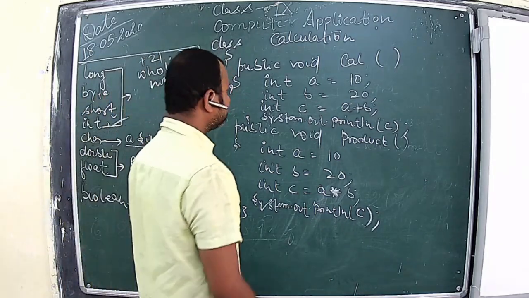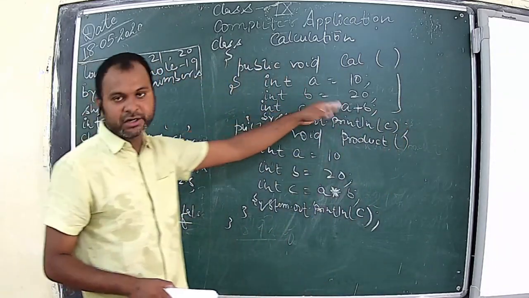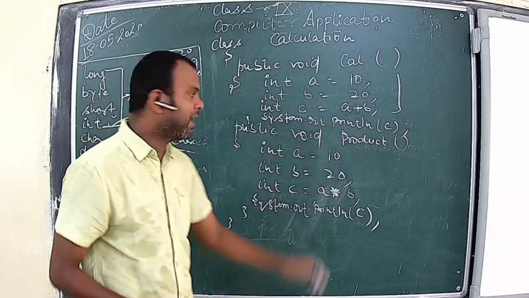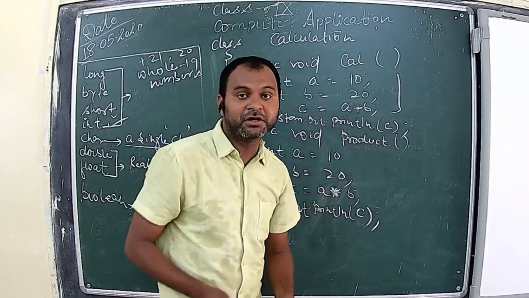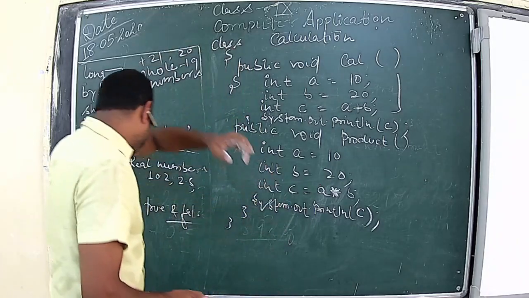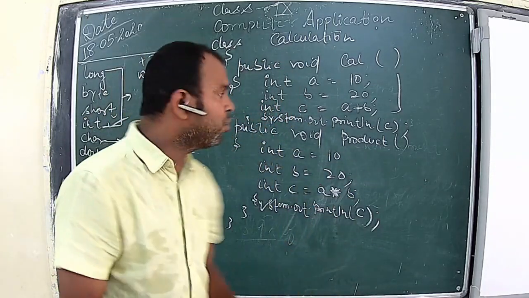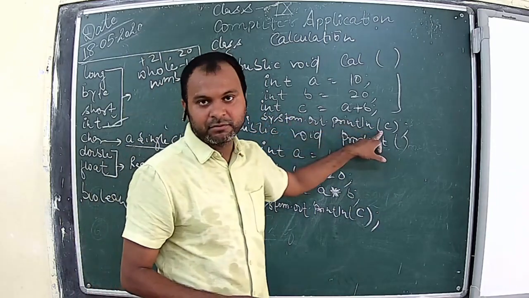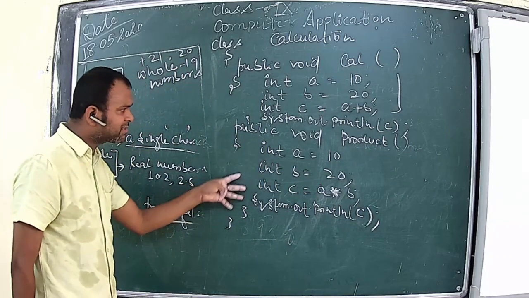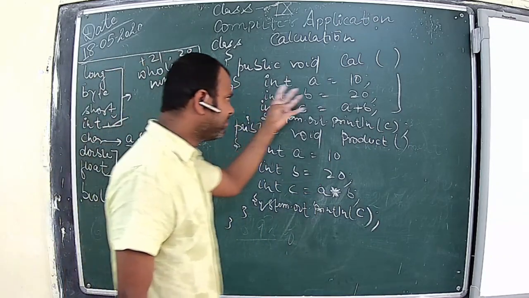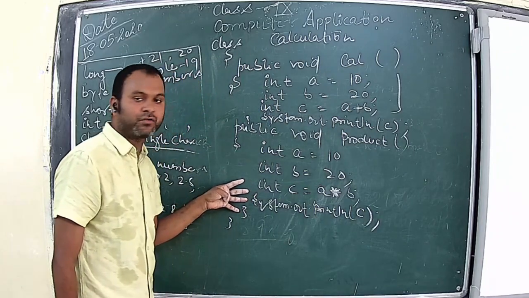Clear? I had told you how this first one is taking two numbers and displaying them. Okay? And I told you the difference between printing a variable and printing a statement also. When you are printing a string, we use double quotes. When you print a value, we use that variable or that value. Clear? In the first example we had one function, now this time we have two functions.